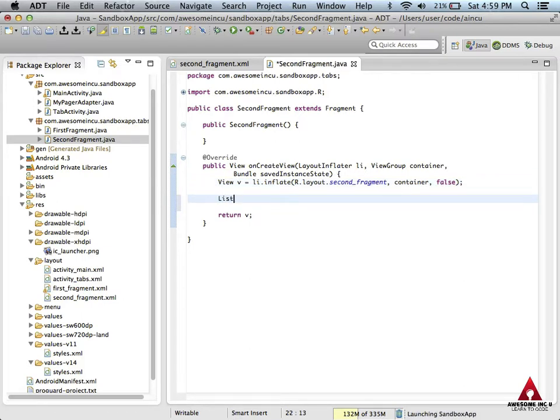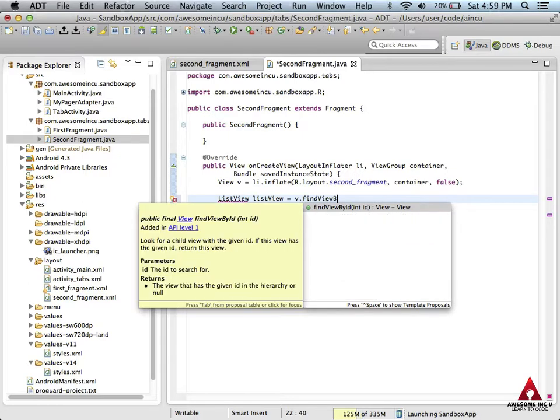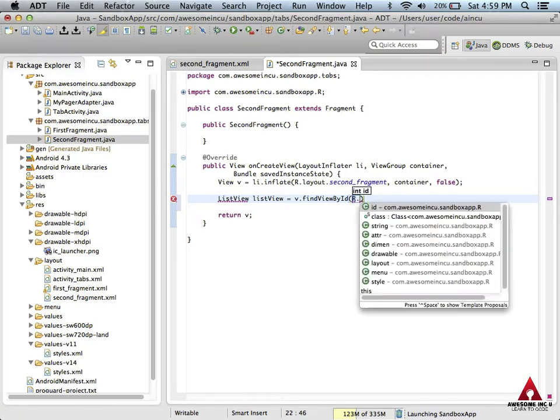So let's say a new ListView equals, and we're gonna do v.findViewById. Again, v is our XML file, that XML file inflated, and we're gonna find our list view inside it. And we know the ID is